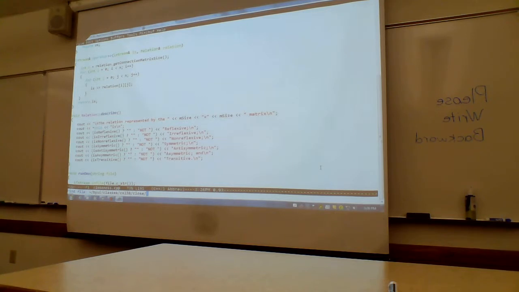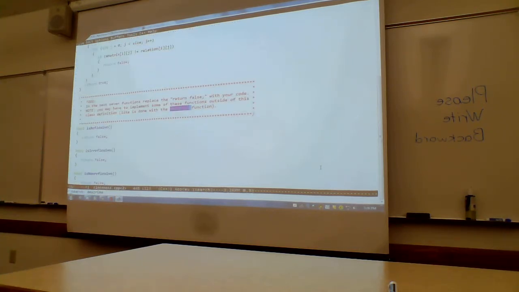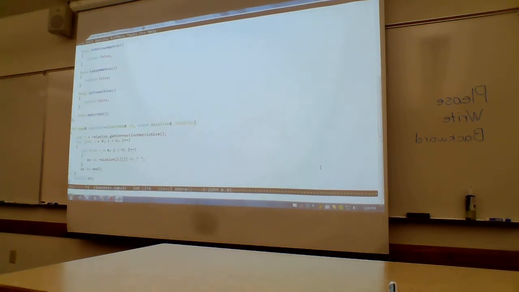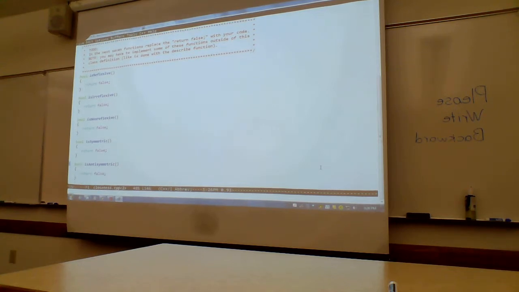This is not where you'll find it. You'll find it over here, in the sample code, closeness. It's there. Okay, I just saw the prototype. What's not there are all these functions. That's what you have to do.